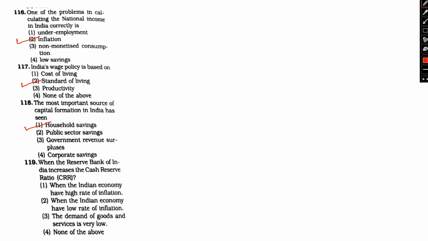Cash reserve ratio or CRR is a specified minimum fraction of total deposits of customers which commercial banks have to hold as reserves either in cash or as deposits with the central bank. CRR is set according to the guidelines of the central bank of the country. The cash reserve ratio CRR is increased by the RBI when there is high inflation in the economy to suck out unnecessary liquidity. ঠিক আছে, so আমাদের correct option হবে option 1. So basically to suck out unnecessary liquidity, liquidity সরানোর জন্য এটাকে করা হয়.